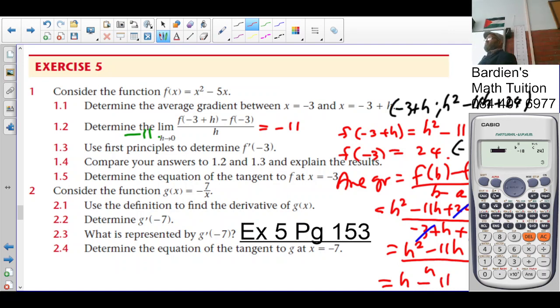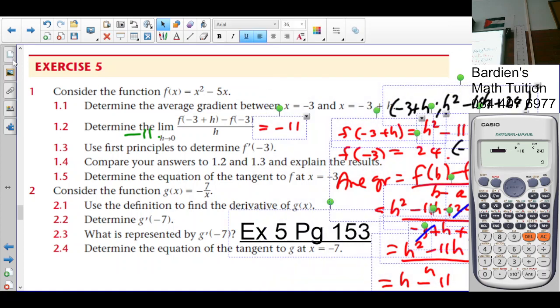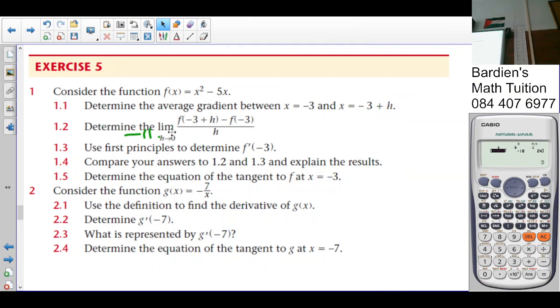I actually worked out this. Compare your answer in 1.2 and 1.3 and explain the result. No, I'm missing something. Use first principles to determine f prime x. So when we use first principles,